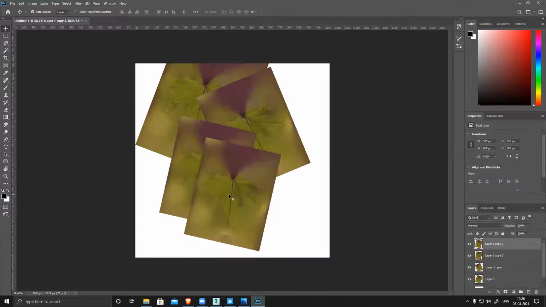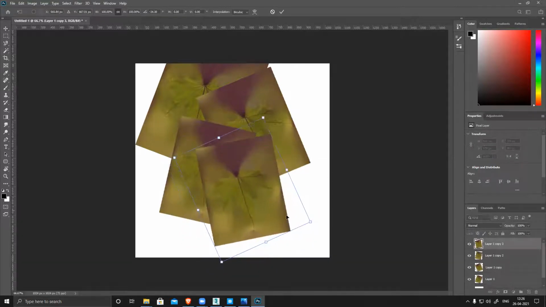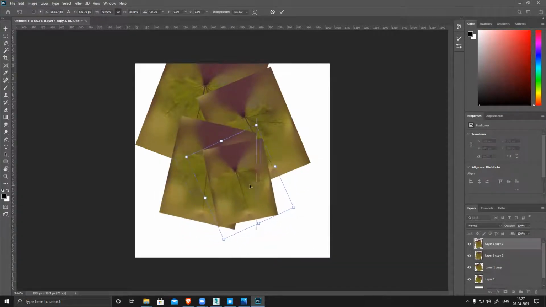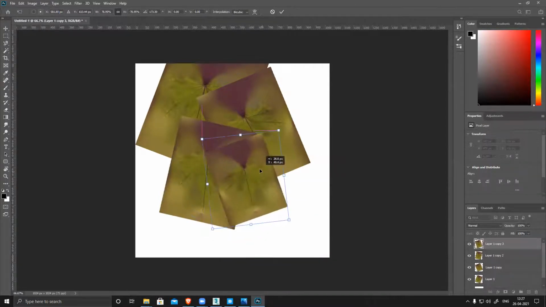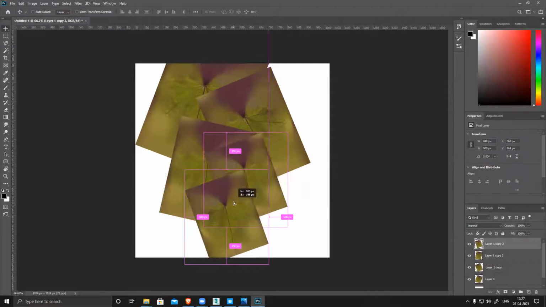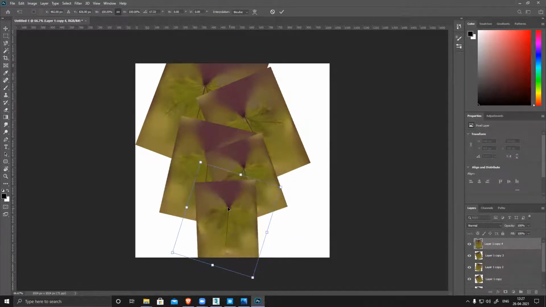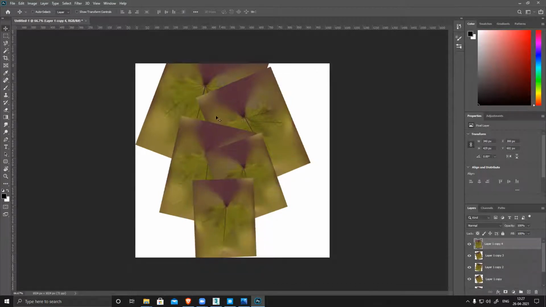All drag. Just to add more variation, I'm just flipping. So now I have 1, 2, 3, 4, 5.